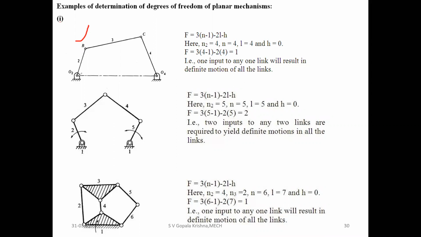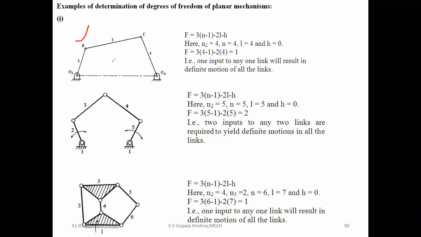But one fixed link is there. This is considered the fixed link. These two are coming as only one link, which is fixed. Here the fixed one is there, and this is also fixed. These two act as only one link. Just keep it in your mind. This is link 1, and link 2, link 3, and link 4.